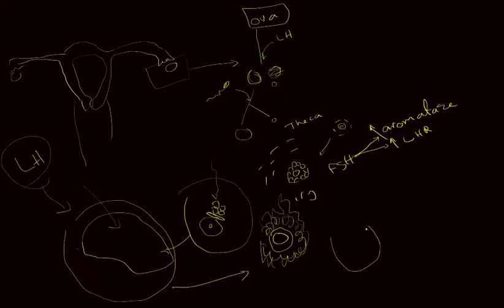Similarly, the leftover of the Graafian follicle after the rupture, after the ovulation, we call that the corpus luteum. Corpus luteum is important because it gives you estrogen and progesterone, and those will continue throughout the first few weeks of pregnancy. This is under the effect of HCG, human chorionic gonadotropin, that is coming from the fertilized egg, from the chorion,